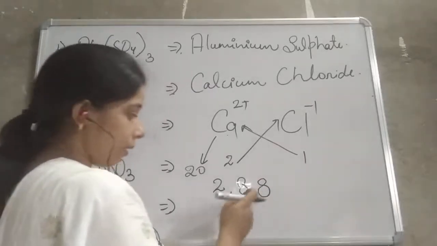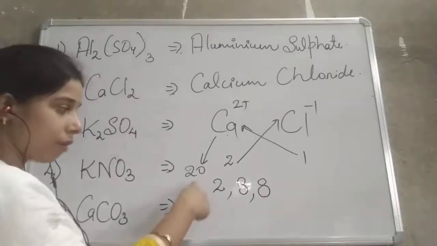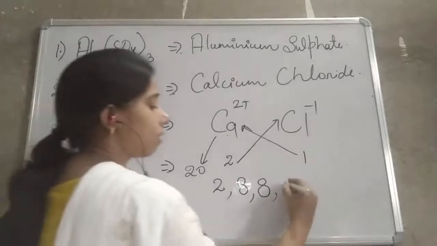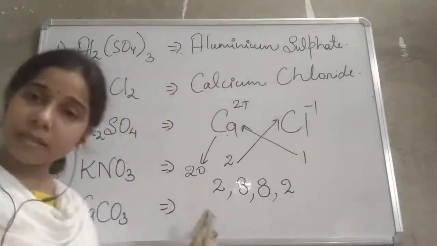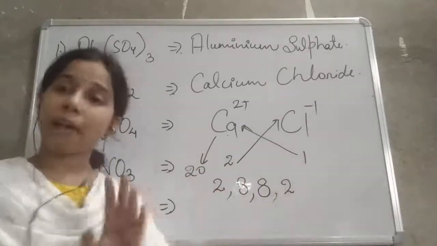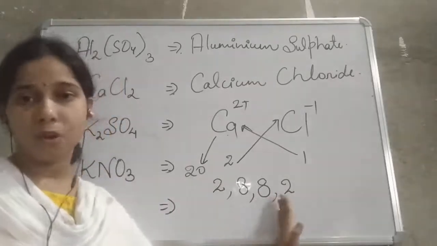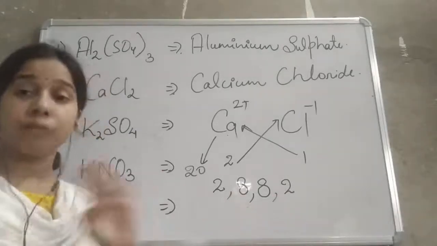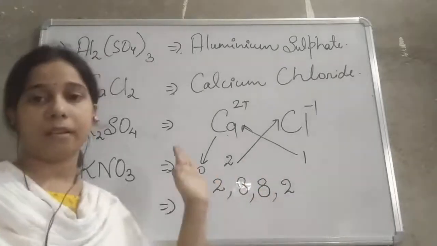So 10 plus 8, that will be 18. Now, how many electrons are left in the case of calcium having atomic number 20? So you will say that is 2. So except for the first shell which accommodates only 2 electrons, all the other shells can accommodate 8 electrons. Only 8 electrons. It will never be like 9. So if 8 electrons are there, it means now it is stable. It is fulfilled. So the electrons will start filling the next shell.